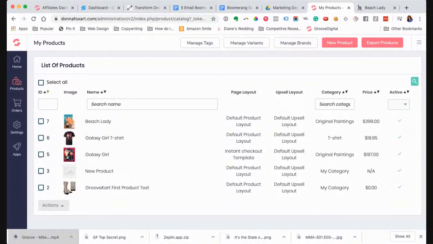Now we're gonna select Beach Lady, which is the top of the product. And you see, before you click anywhere, you see that all of them have different, actually, the first two, oh,